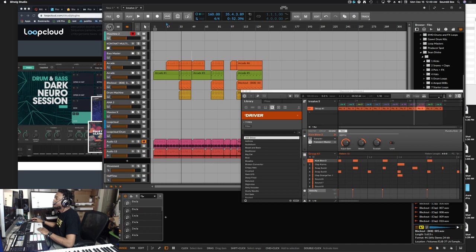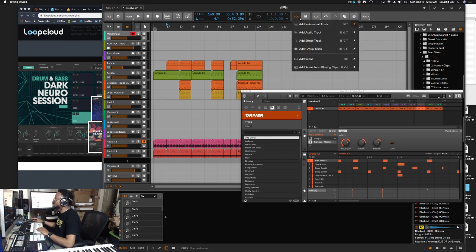In Bitwig, they don't have... well, I think there are markers in here, because I did it before. I could add a marker somewhere. But that's it though.